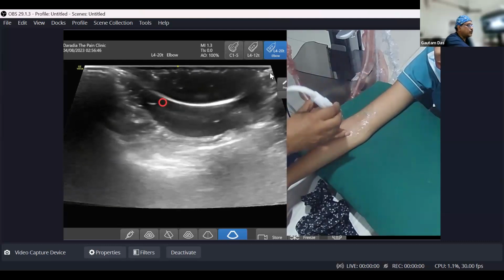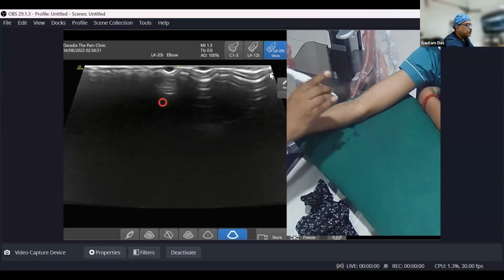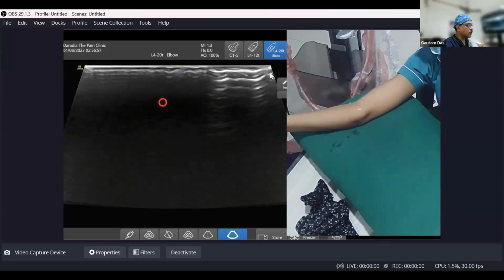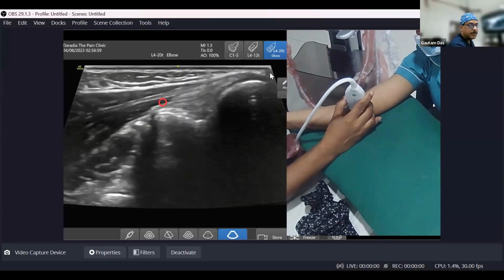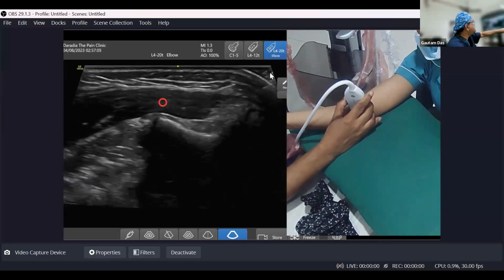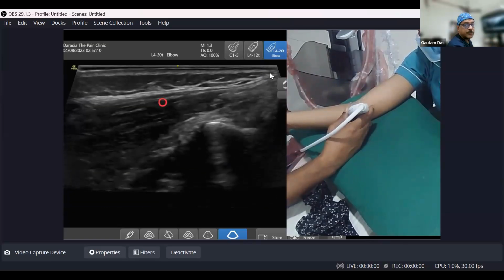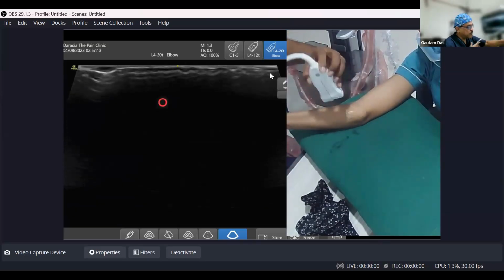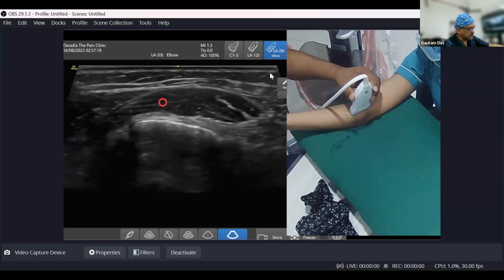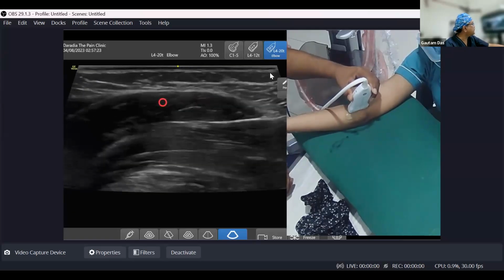Okay, so now I'll be showing you the medial elbow. In the medial elbow, two important structures. One is your medial ligament complex, also called the ulnar collateral ligament. Three bands of the ulnar collateral ligament. Let me reduce the depth a little bit. So let me hold the probe here this way so that you all can appreciate it. If I'm holding the probe towards the little finger, the ulnar side, then I'm going to see the